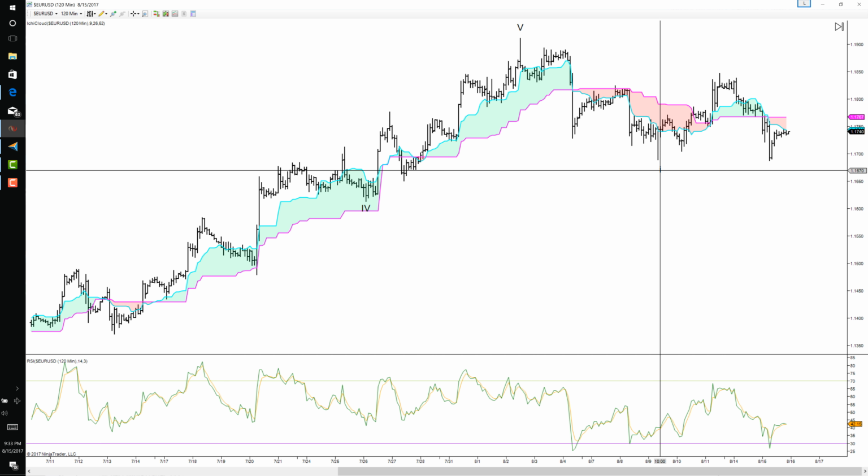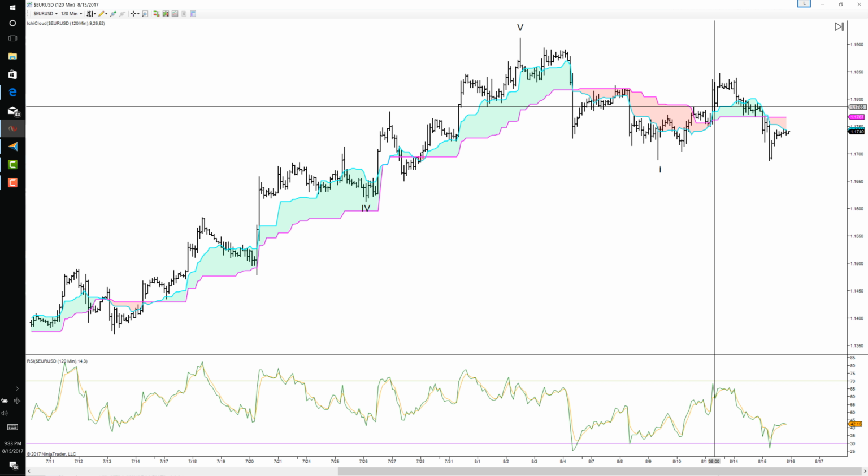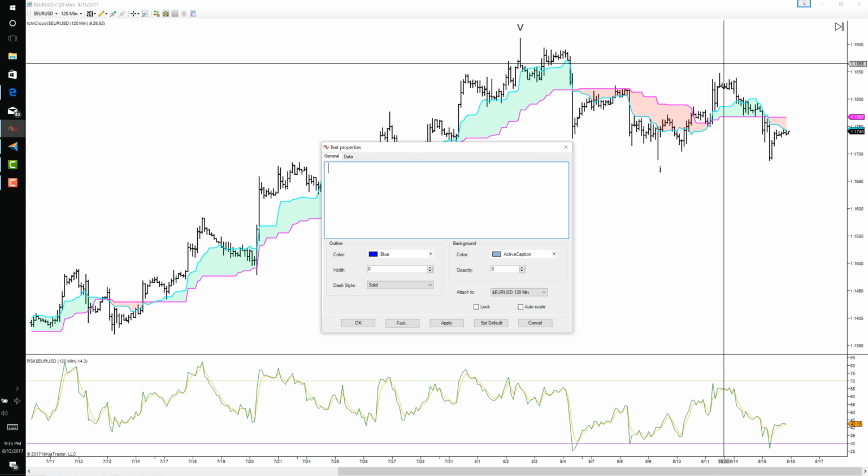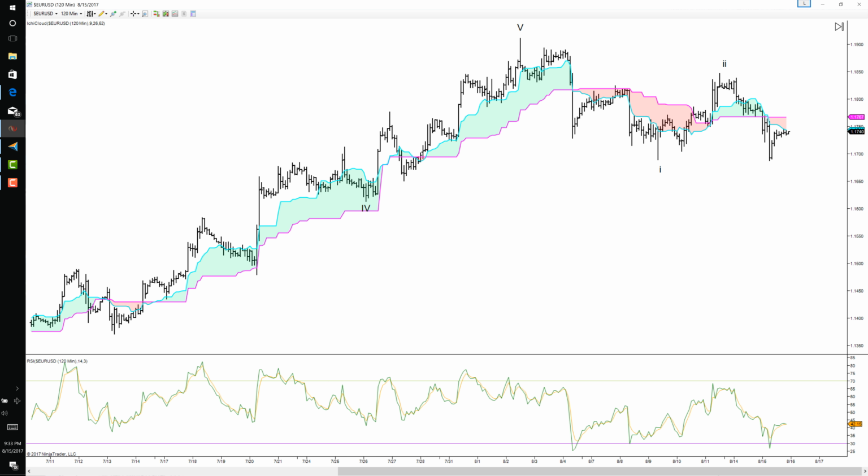So you could say that this is a 1, this can be an A, this can be a B, this is 1, 2, 3, 4, 5, C of 2. So if you did that, let's say that this is 2, then now you're looking at a leading diagonal 1 here. So if this was the 1, 2 count, now you have 1 of 3, then you'll see 2 of 3 find some resistance right here around 1800. If it was to go back up from